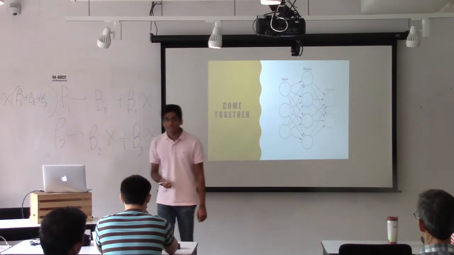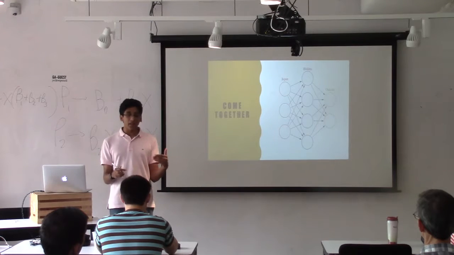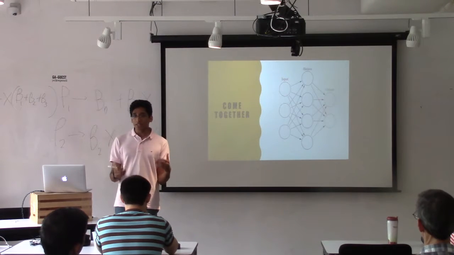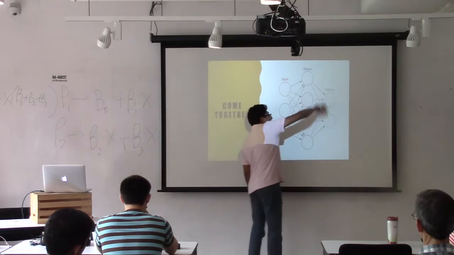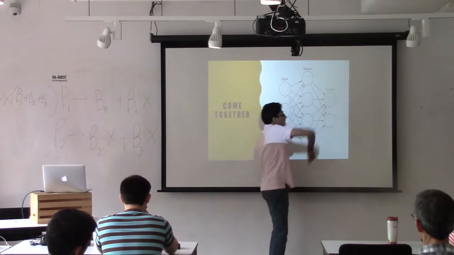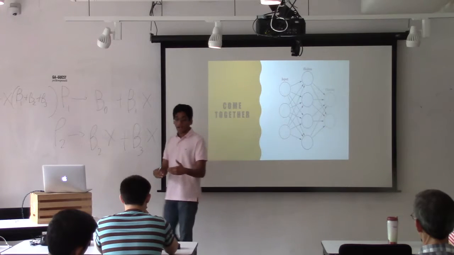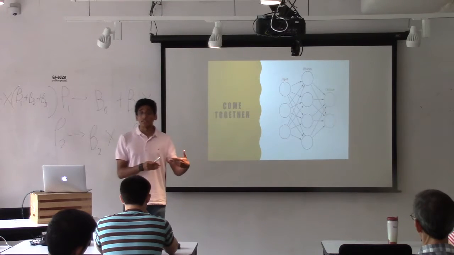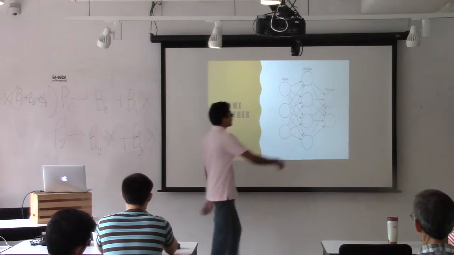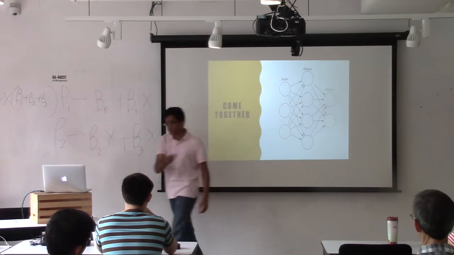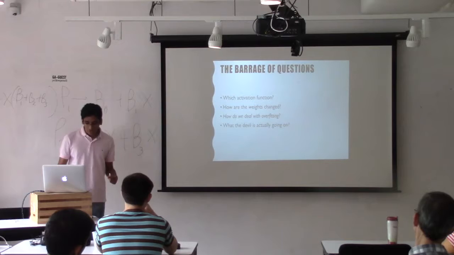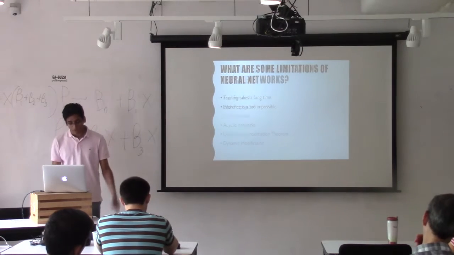Back propagation means that errors are propagated backwards. So errors are calculated using stochastic gradient descent, and they're going to be calculated at the end of the neural network. So I look at the end, I look at the output, and I say, how wrong is this? I try to do some weight adjustment, and then I propagate that error backwards through the neural network. That's what back propagation is. It's just saying that the errors are propagated backwards.